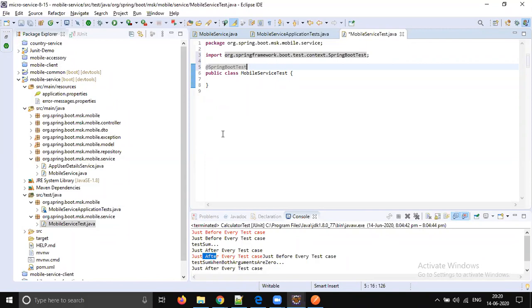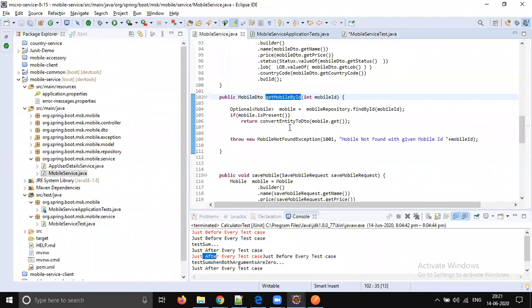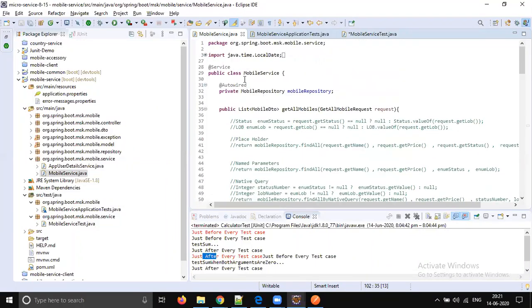Okay, so there are so many things that are going to happen, but we don't need all those features, right? Just for unit testing, I'm talking with respect to unit testing, we don't need a server. I want to test a single method in this class. So what should we do? Be very careful with these guys.